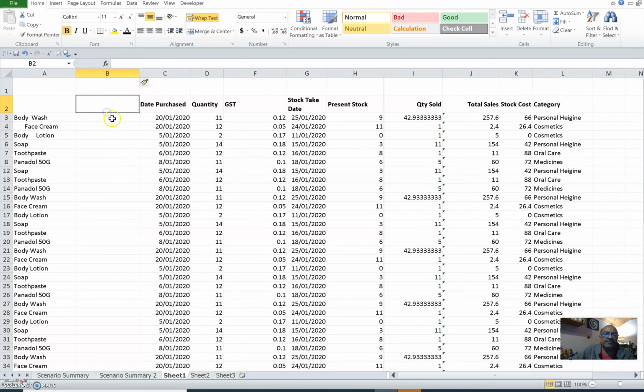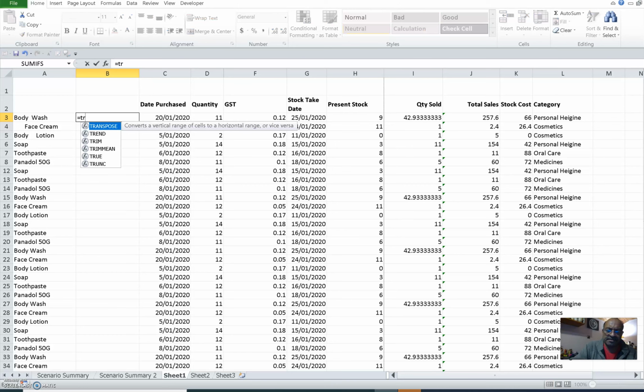Now we have one column next to column A, and here, like always, we'll start writing our equation: equal to trim, and we'll say we have the problem with cell A3, which is very clear from here. A3